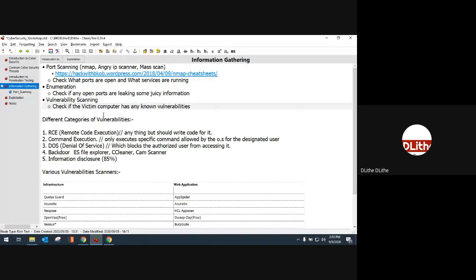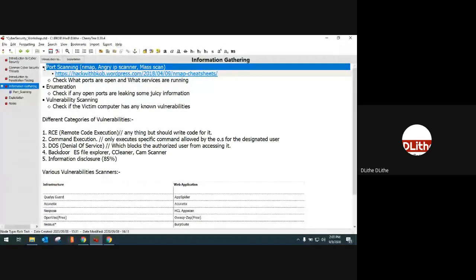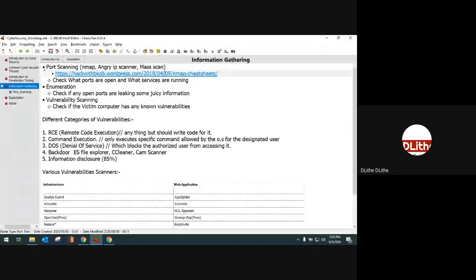Just to give a brief, we performed port scanning on our victim first. Through port scanning, we were able to get which ports are open and what services are running on the victim machine. Later, we got the accurate operating system and possible usernames using enumeration. Then we used vulnerability scanning to identify known vulnerabilities on our victim computer.